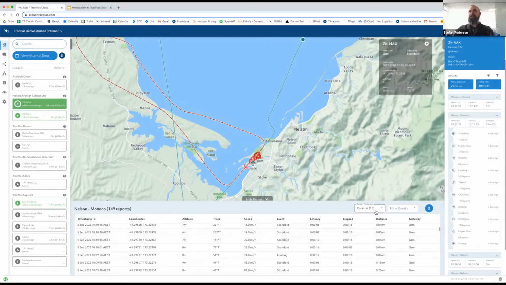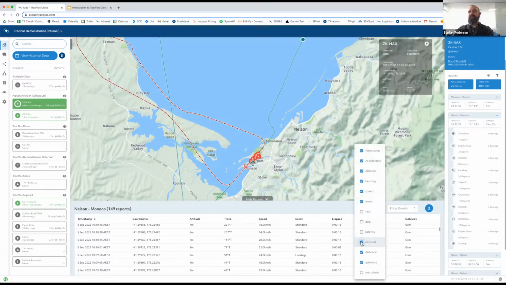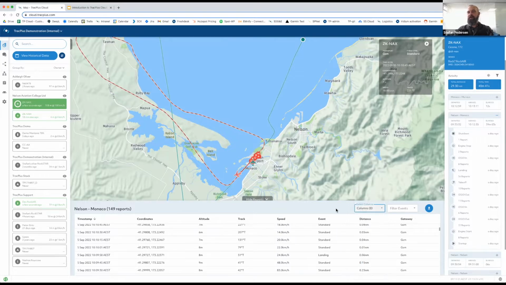Using these two dropdowns, you can select which columns you want to display here. So if we drop down, if we, for example, don't need to see the latency, we don't need to see the elapsed time, we can easily turn them off just so you're looking at the information that you actually want to see. Likewise, we can filter events,